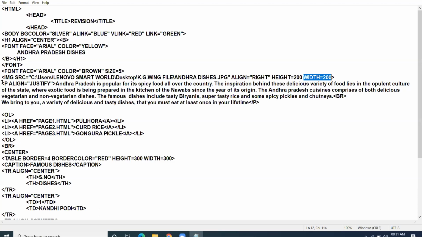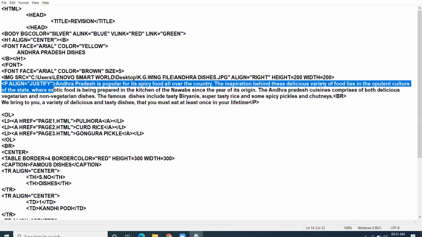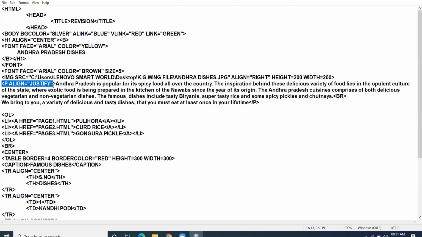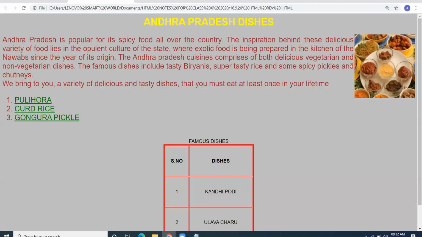Now here I have taken the paragraph tag and I have taken the align attribute of paragraph tag and I have taken the value justify. Justify means from left side, from right side, the paragraph is evenly divided. Clearly see the paragraph in the browser window. From the left side, from the right side, the paragraph is properly evenly distributed.